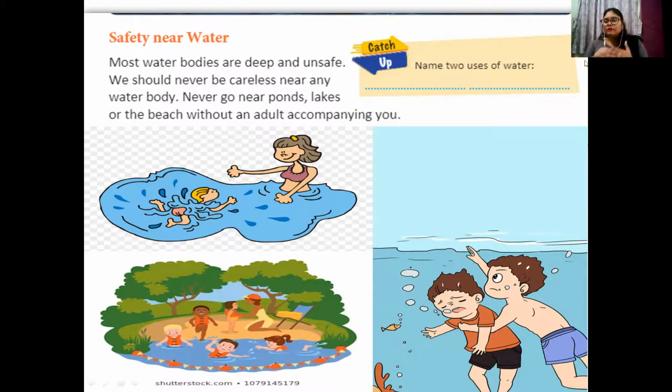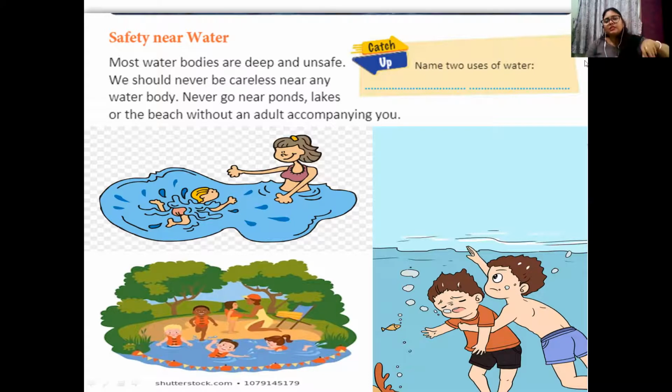Okay children, because you are very little children, you don't know how to be safe, or how dangerous things are there. So always be with your parents when you want to go near any water body, for example beaches, rivers, ponds or lakes. The first thing is that always go with your parents or an adult. Second, because it is very deep, it is not safe for you, so be very careful when you want to go and see the river. Wow, that's very good. When you feel very enjoyed, the one thing is that you have to be very careful and always go with your parents or with adults.